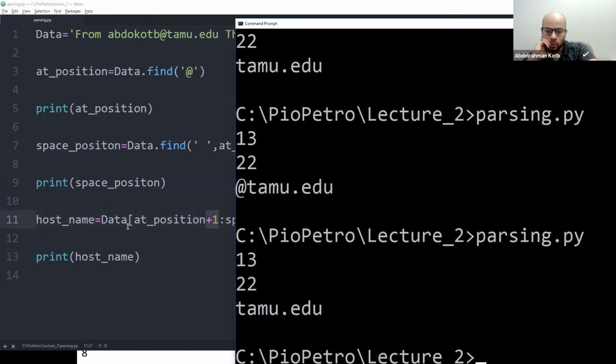And this is how we parse text. Of course, there are much more intelligent and much more complicated ways of doing that. However, from my personal experience, I believe that if you don't understand these simple methods, and sometimes using these simple methods are the best way of actually parsing a string.